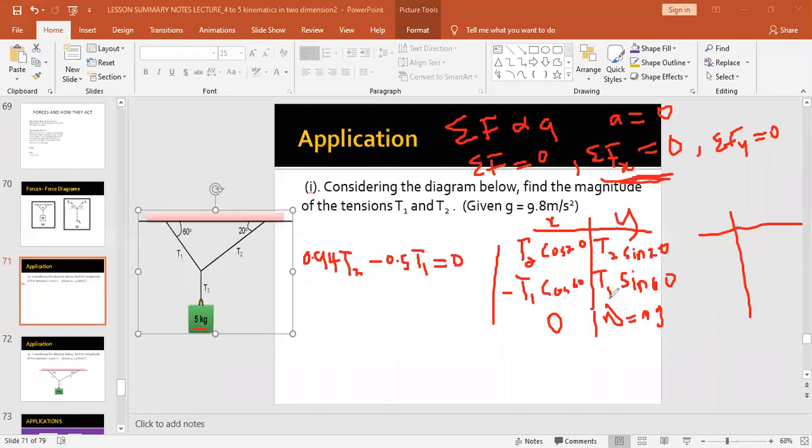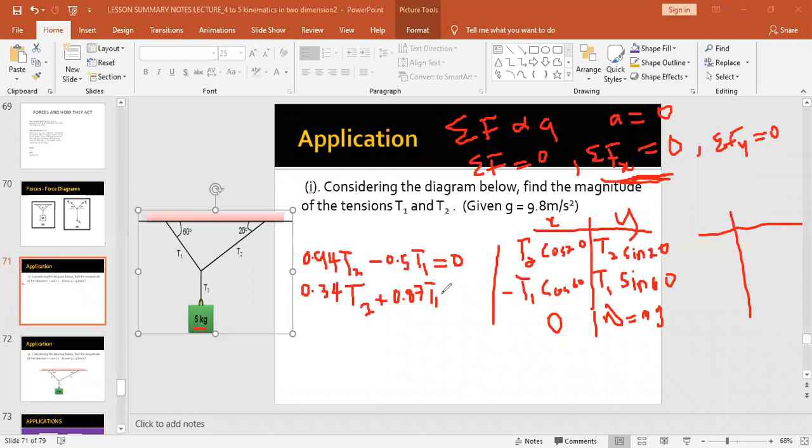Then we do the same for the y component. That will be T2 sine 20. So give me the sine 20 first. 0.34. So we have 0.34 T2, then sine 60, 0.87 T1,